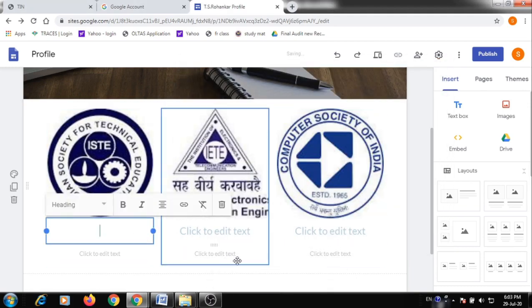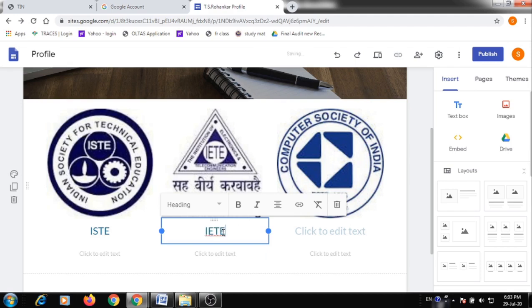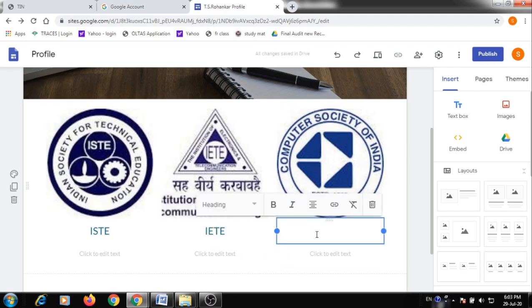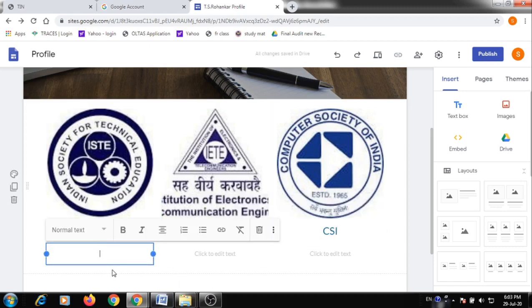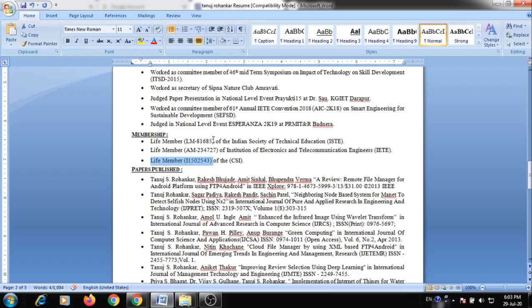Next is to add the heading. Here I am adding a heading, that is RSTE. This is RETE and this is CSR. Now add a membership number. So in my resume I have my membership number.